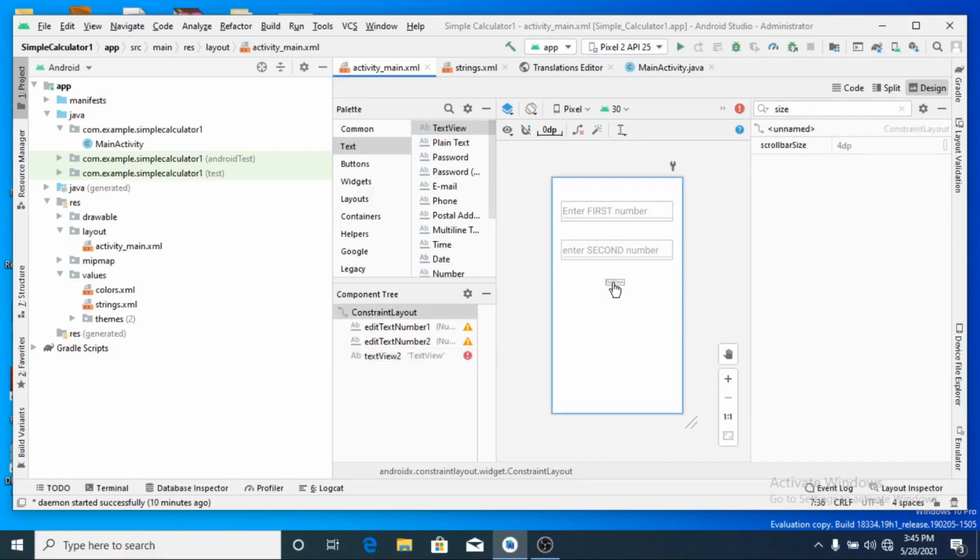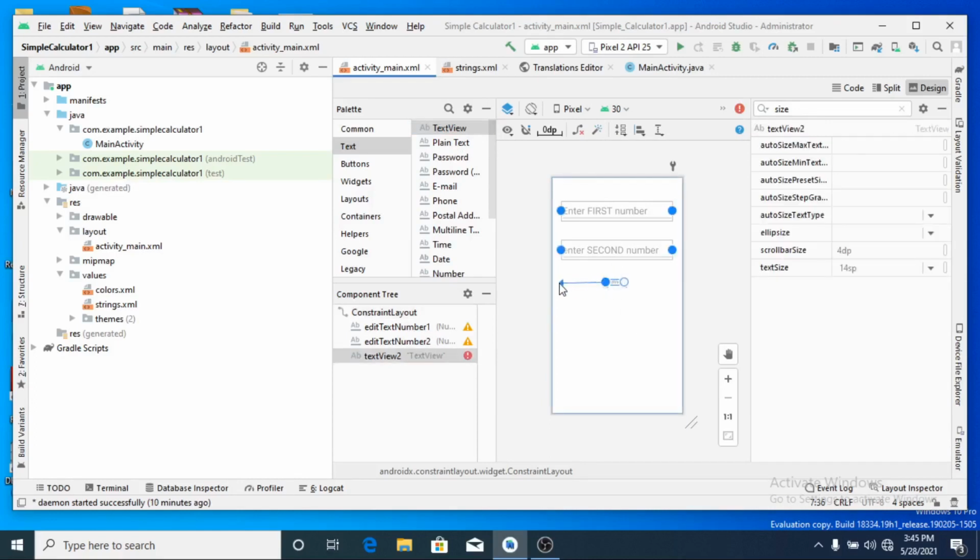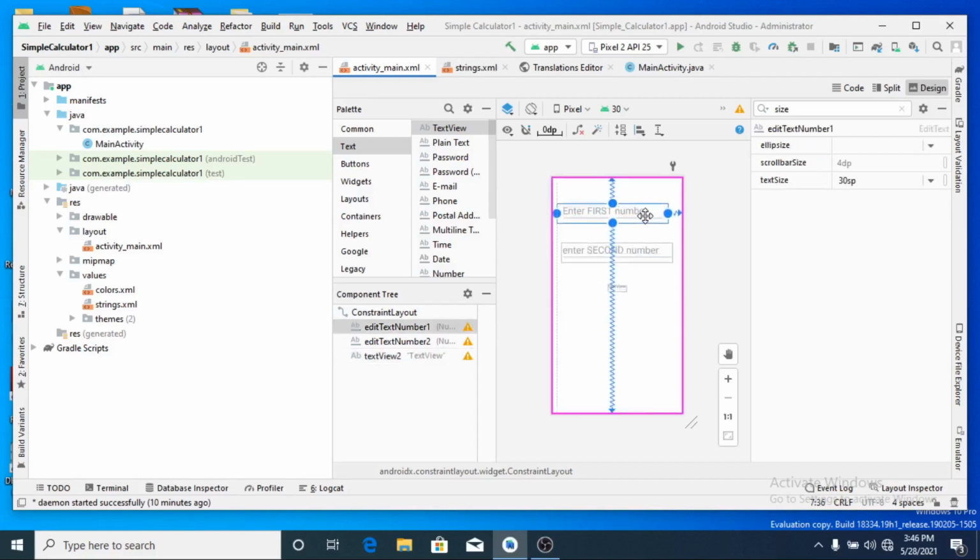Okay, and again I will constrain it, and this I will attach here, so that the second number becomes the parent for the results. Now you see, if I move this, all will move. The meaning is very evident. The first number box is parent for the second number box, and the second is parent for the third, like this.